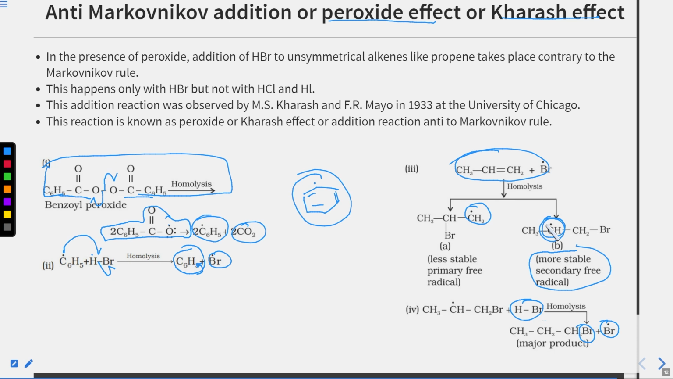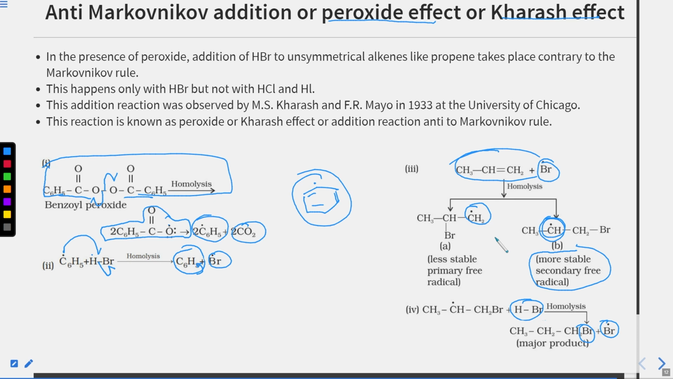But one more very important thing I want to mention is that this Kharash or anti-Markovnikov's effect is only applicable if we are adding HBr. Okay, remember this, very important point here. If you apply the anti-Markovnikov's rule to HCl, it will not work. It will follow your simple Markovnikov's rule. This peroxide will have no effect on HCl,